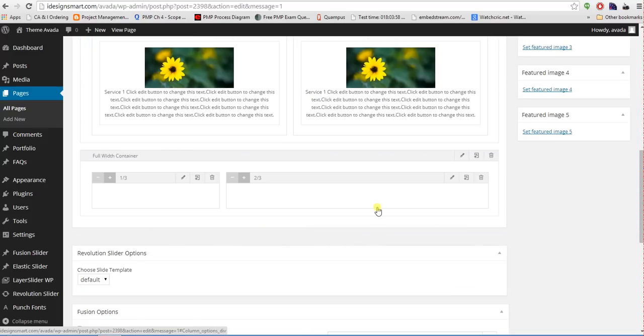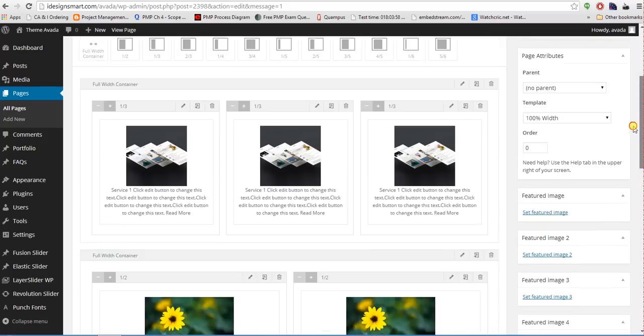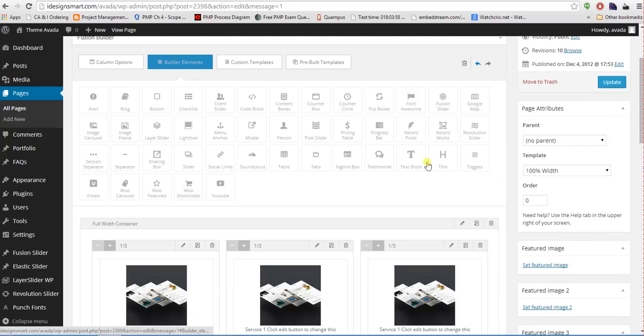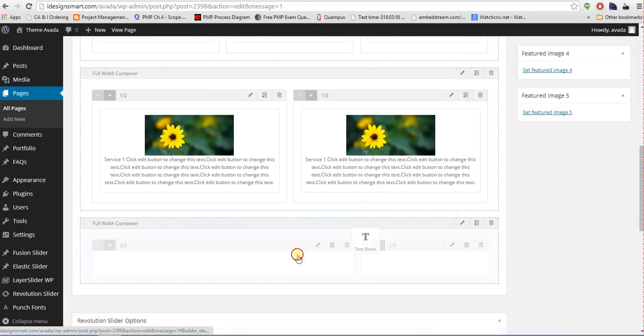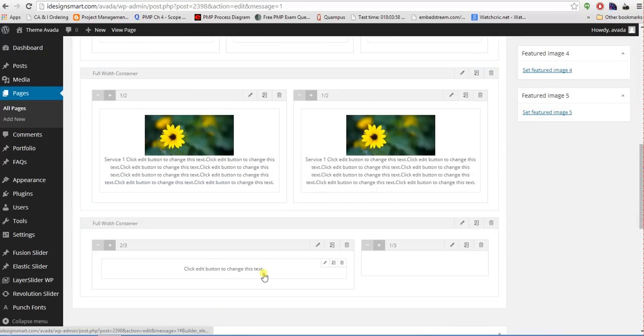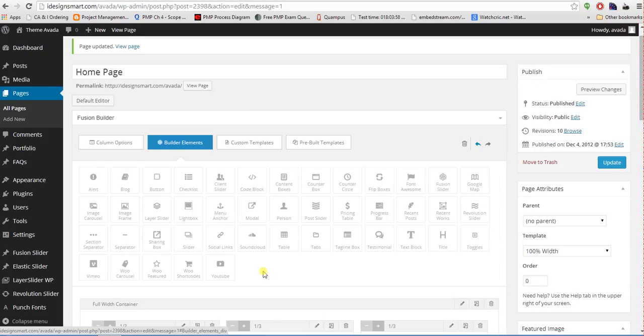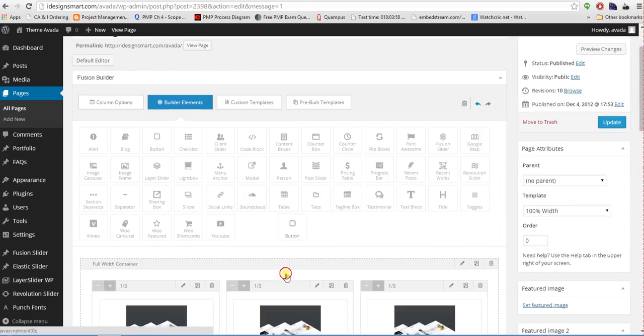So you can have a 2/3 column and a 1/3 column. And inside of that, I want the 2/3 on the left, so I will go 2/3 on the left and 1/3 on the right. And the 2/3 will have some text, so I will drag a text block on the 2/3. And then I will have a button, so button on the